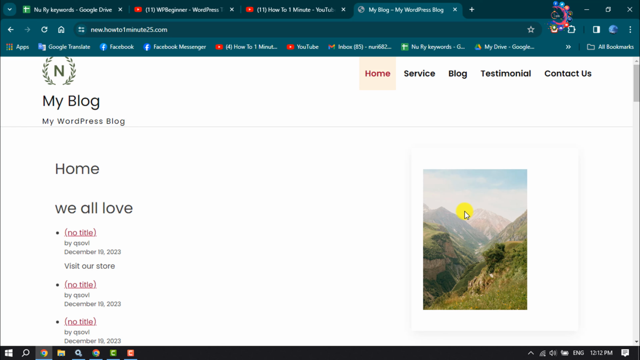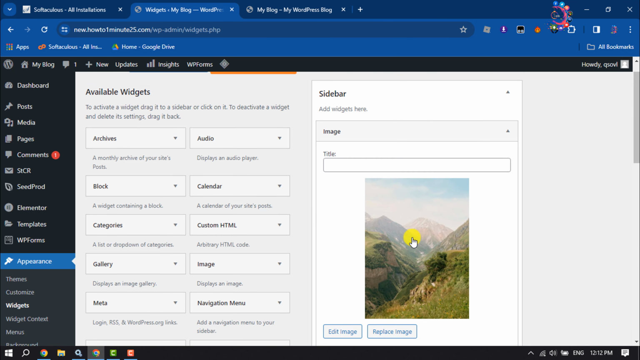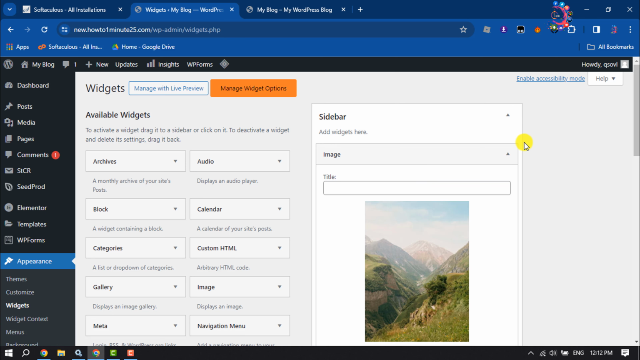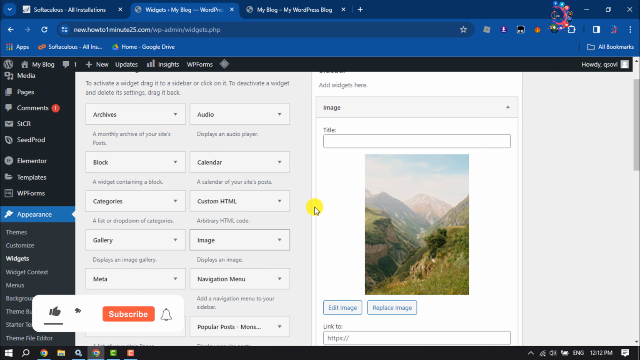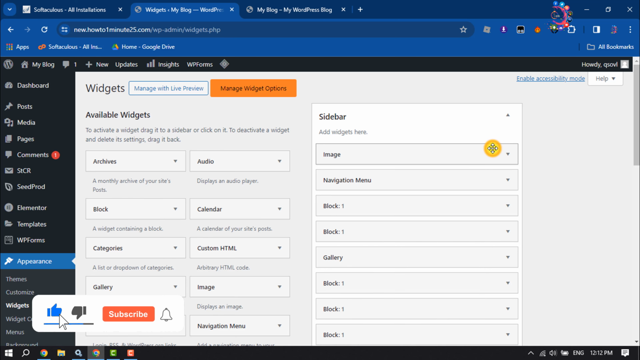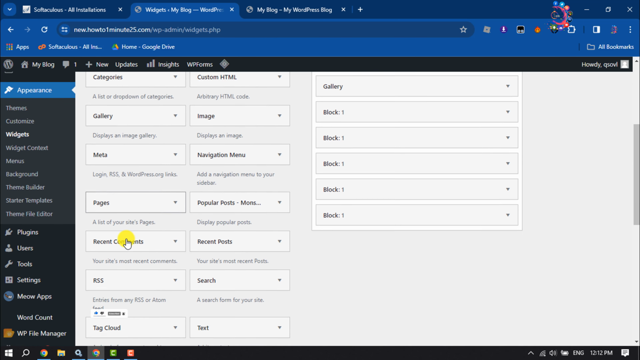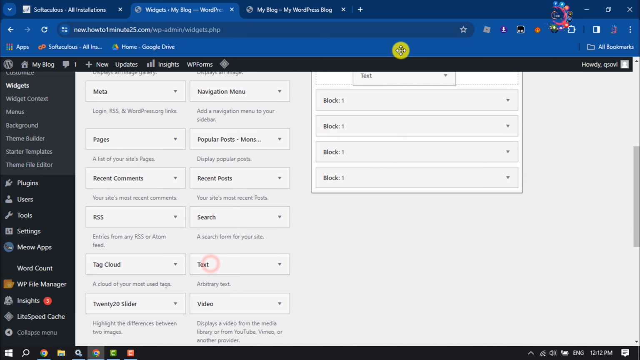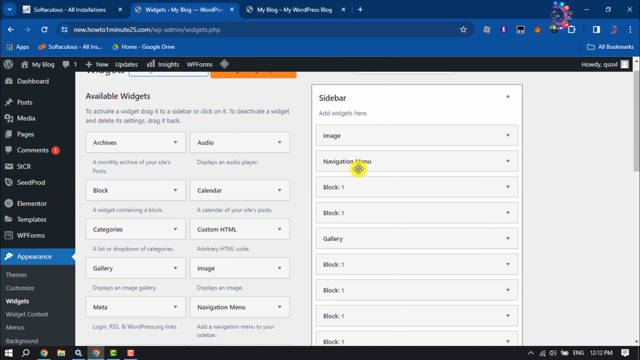And if you want to add image widgets with text, then follow these steps. Again, come to your widget settings page, and now all you have to do to add an image with text is scroll down and search for Text. Add this widget to your sidebar,